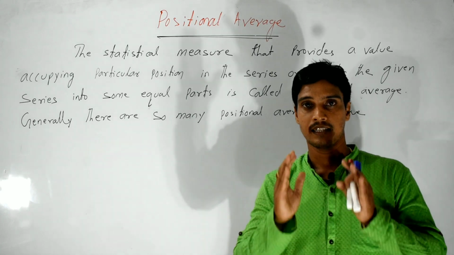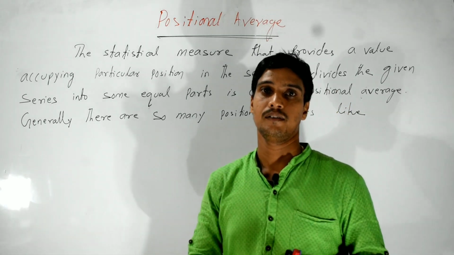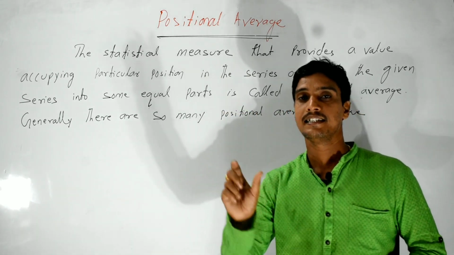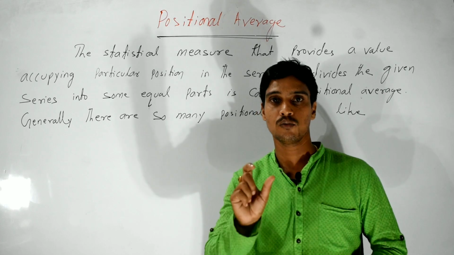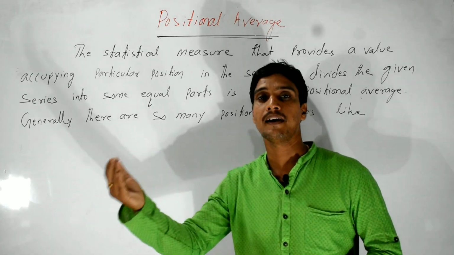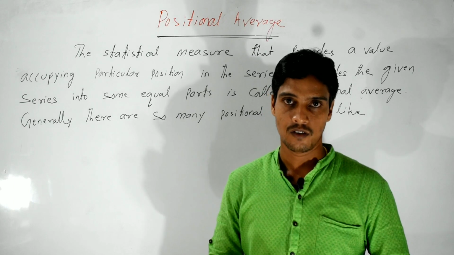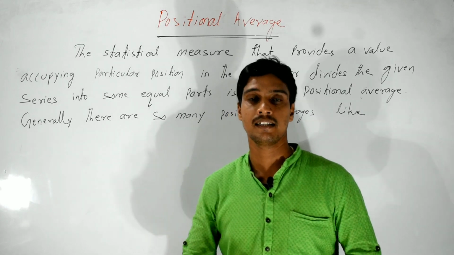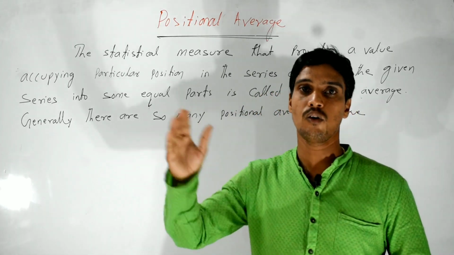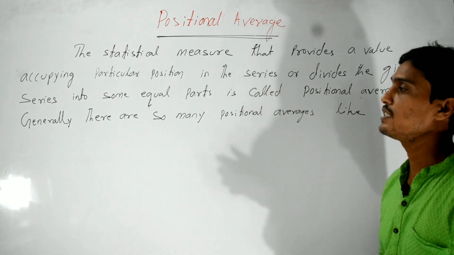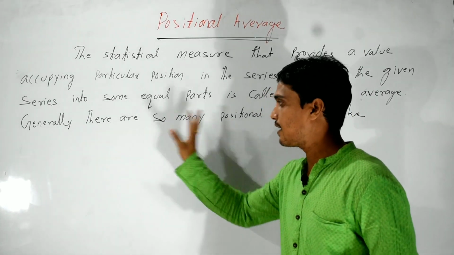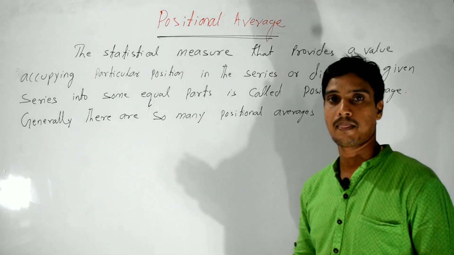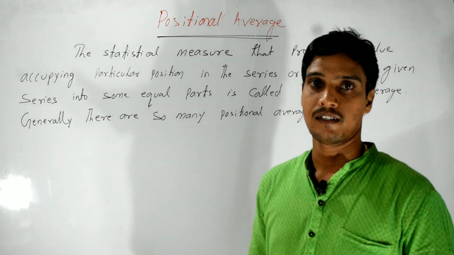That means the statistical value or the average value or the statistical measure that divides a series into some equal parts. That means it may divide the series into 2 equal parts, or may divide the series into 4 equal parts, or may divide the series into 10 equal parts, and so on. That is called positional average. There are so many positional averages calculated under statistics, like